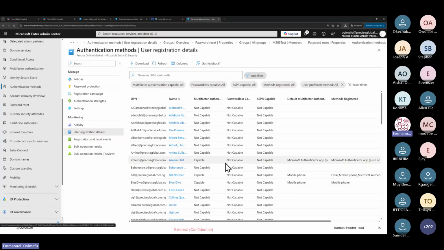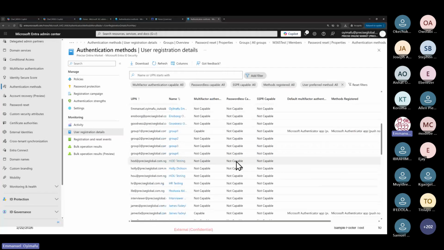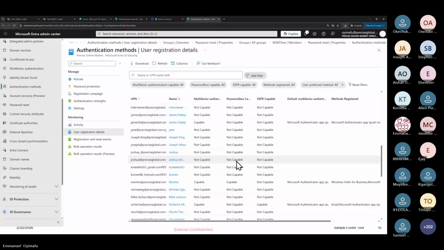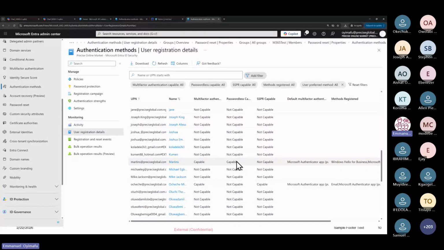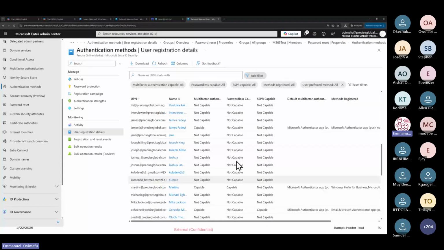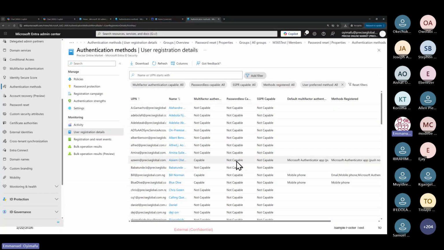I can remember that I added Joseph Afesu and Emmanuel Itoje. So let me look for them and see if they are MFA capable. Okay. Probably they may need to go and actually register first before they will show here to be capable. So this is how you can confirm.